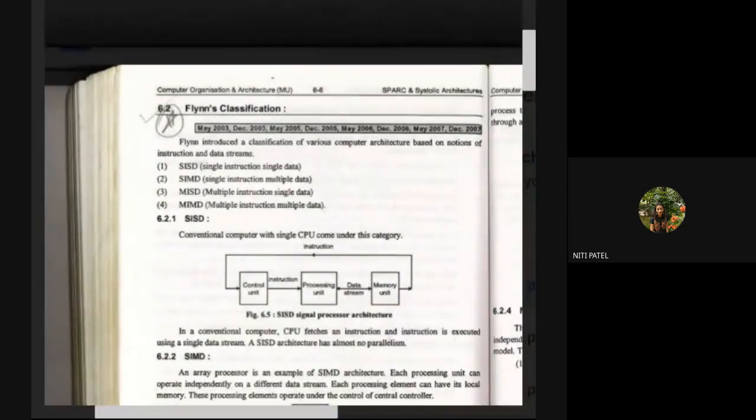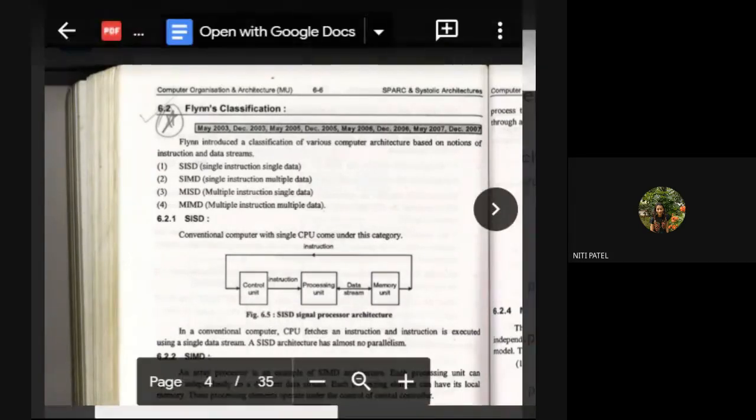So every instruction which is stored at a memory location will be divided into operand and opcode, which you are aware of. So when I break the instruction, I have an operand and I have an opcode. So the data of the operand and the data of the opcode of this entire instruction will be traveling on this data line, which is the data stream, from control unit to processing unit and to memory unit. Once the processing unit completes its execution with respect to that instruction, it will store the data into memory unit or it will display to the user and complete the execution.